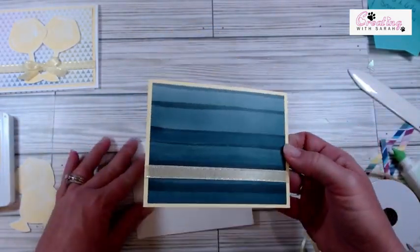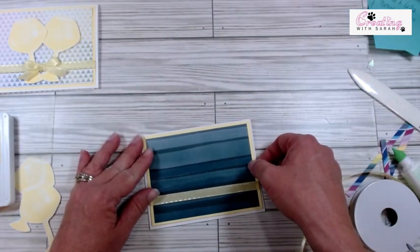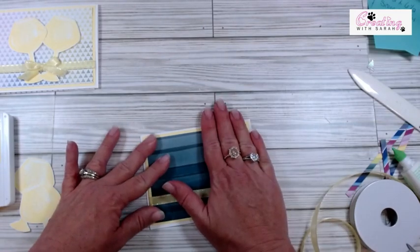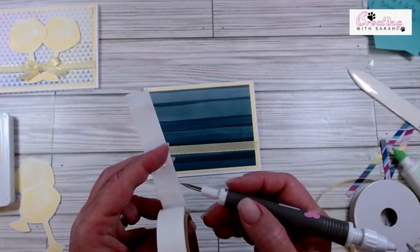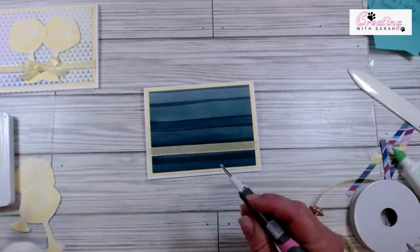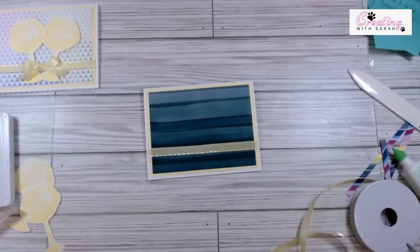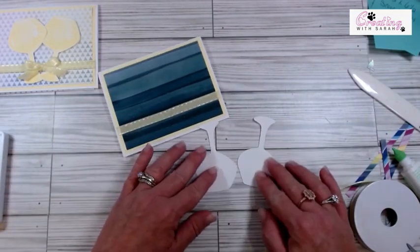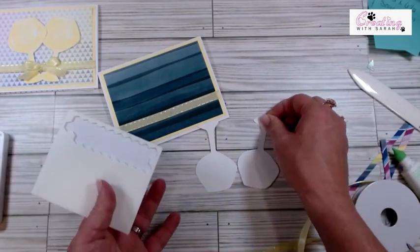Add some glue on there because it looks like my mini glue dot was just barely hanging on by a thread. Literally, I think a thread. And this one we don't have to put a mini glue dot in the center. Sometimes I like to, just to make sure it stays down, so you can definitely do it. You don't have to. Flip these over and